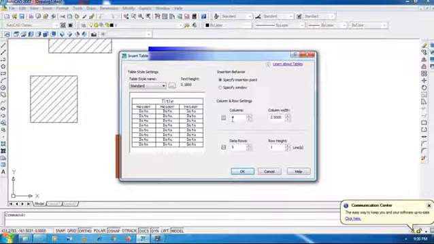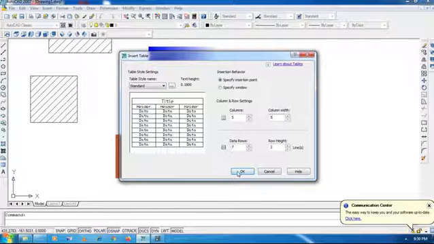So when you click on this option, it will ask you how many columns you require and how many rows you require, then column width and row height. Now I enter here: I require 5 columns and 7 rows. Row height I will enter 2, and column width I will enter 5.